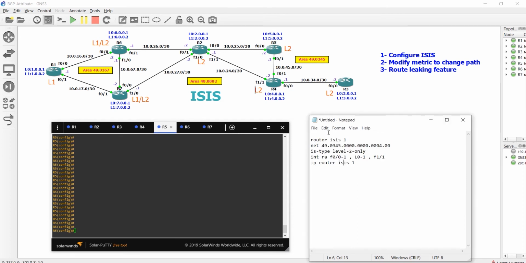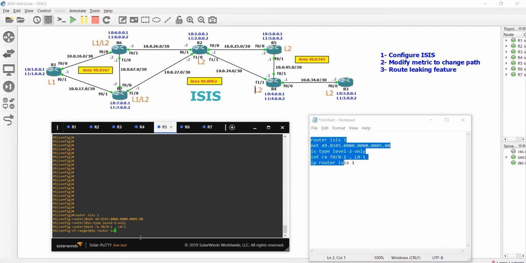And for R5, area ID is okay, and about system IDs number 5 and level 2 only, and interfaces 0, 0, 0, 1, and loopback 1 and 0, and yeah, Control C, and